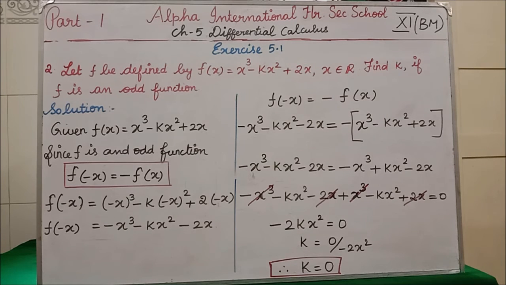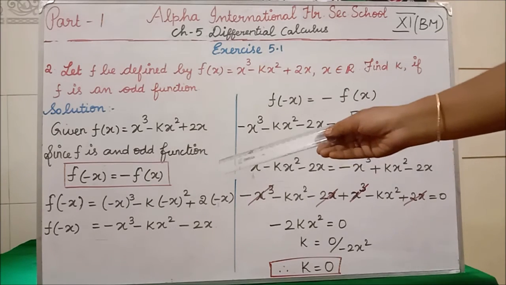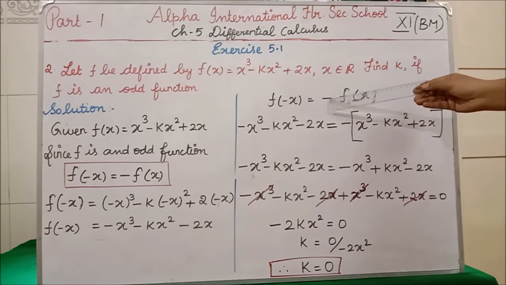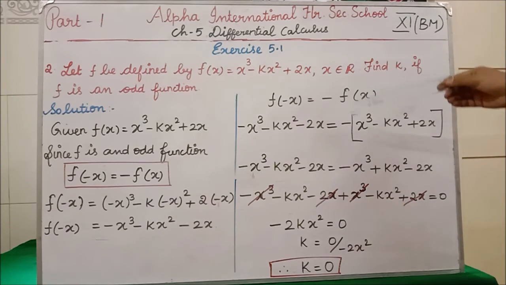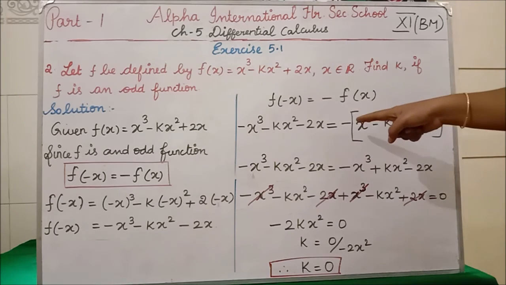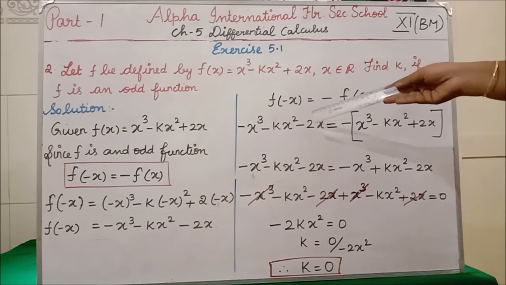Clear? Next step what I am going to do is, we know now f of minus x. We know f of minus x is equal to minus f of x is the odd function. One more time I have written here. See, f of minus x, what value we have found here? Minus x cube minus kx square minus 2x. Equal to, in the formula minus, so I have written minus f of x. In the question, f of x value what they have given? Right here. Now, take this minus inside. Minus x cube, minus into plus is what? Minus. So, right here minus. Minus into minus is plus. Minus into plus is minus. The left hand side you have to write as such.